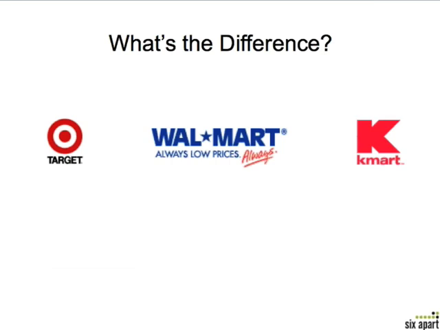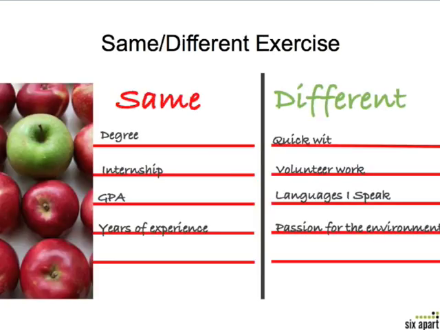Sure. So there's an exercise on the next slide, and you can find this in the Career Distinction Workbook that I told you about earlier. The same different exercise. So once you go through the branding process and get the information from 360 Reach, you're able to really just do column A, column B. What's the same, what's different, and really focus in on these differentiating factors and utilize those in your marketing communications.